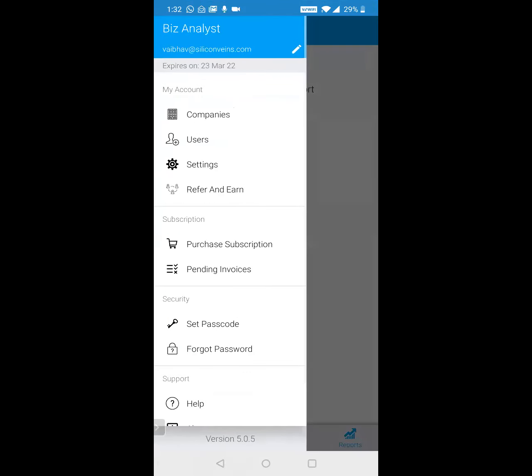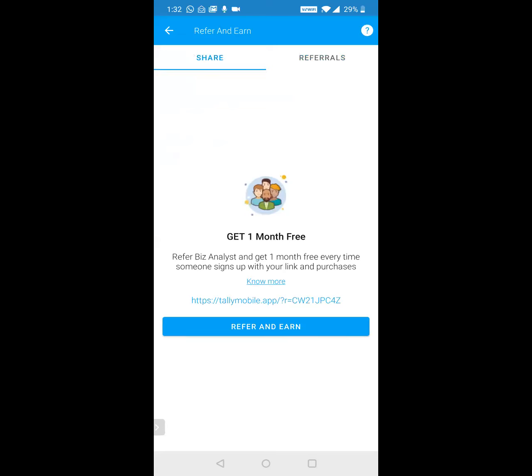Okay. Last is the refer and earn. So today, we have more than 50,000 paid customers who are using this application. So thanks to all of you who are paid customers, and I think the reason we are able to reach the 50,000 milestone is because someone liked it, they referred it to someone else, and that person then referred it to someone else. So what we wanted to do is find out a way to thank the customers for giving us references. So this is the best way.